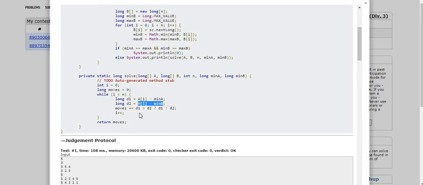After that, I check whether the value from the first array is greater than the second. Let's say the last index of array 1 was holding the value 6, and for array b it was holding the value 3.